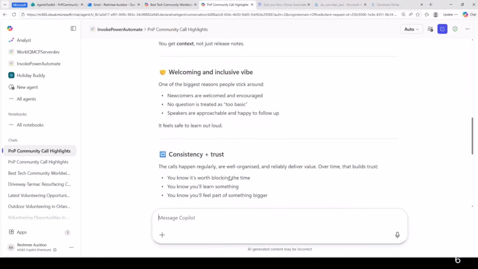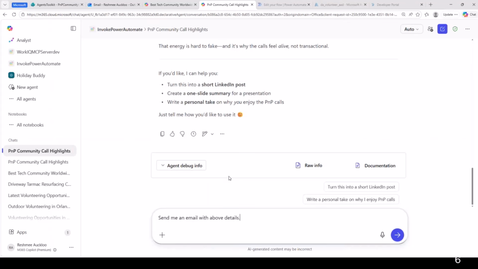And then my Power Automate flow is quite simple. It's just sending